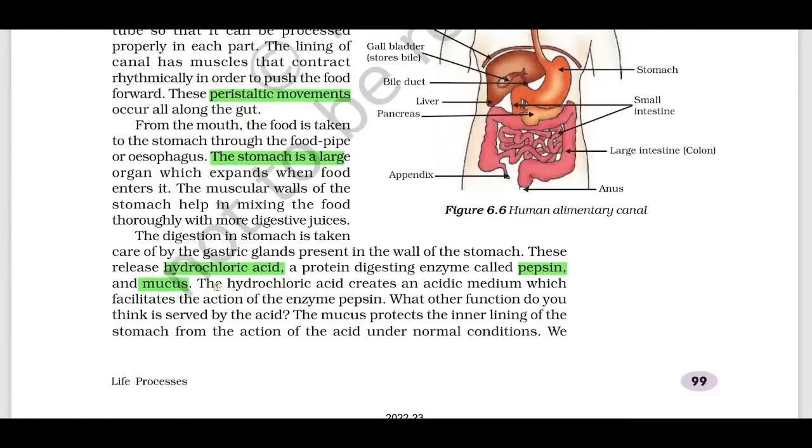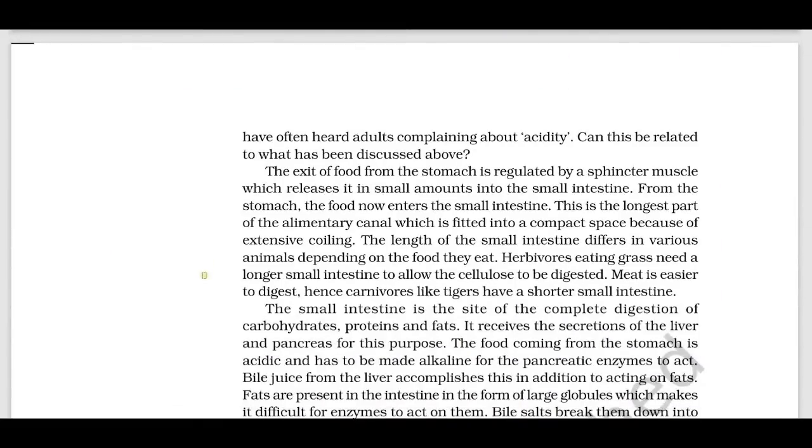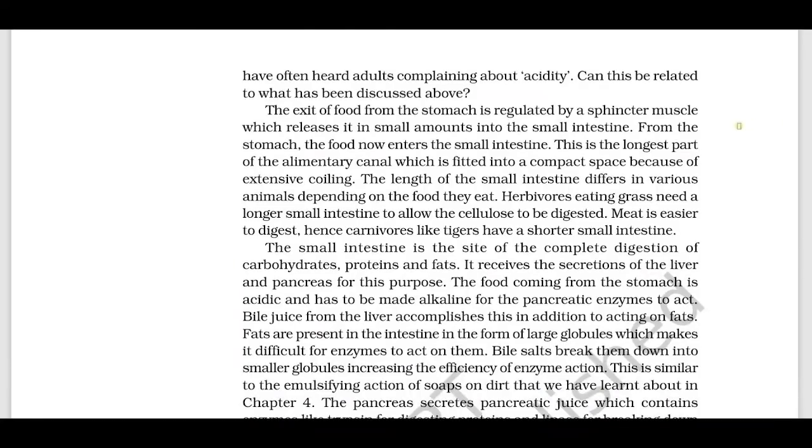The function of hydrochloric acid is that it creates an acidic medium which facilitates the action of the enzyme pepsin, and also it kills any microorganism which enters the stomach. The function of mucus is that it protects the inner lining of the stomach from the action of the acid. The function of the sphincter muscle, and